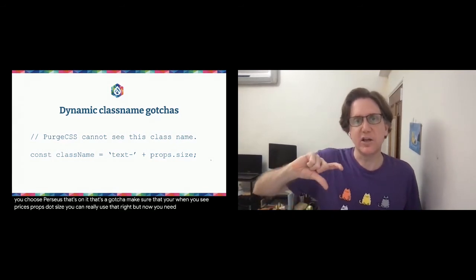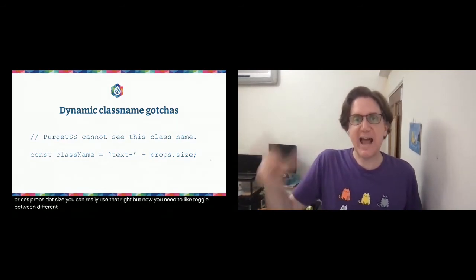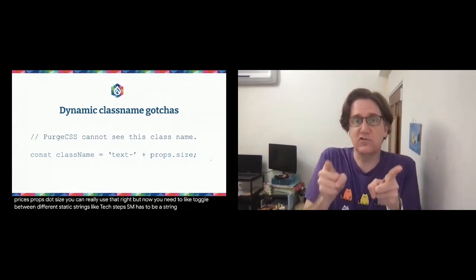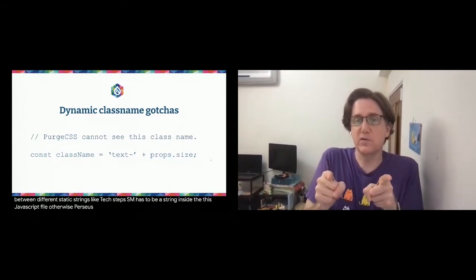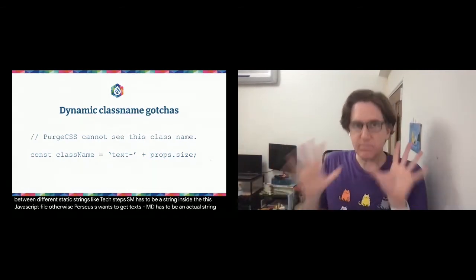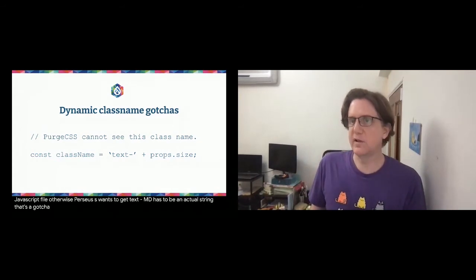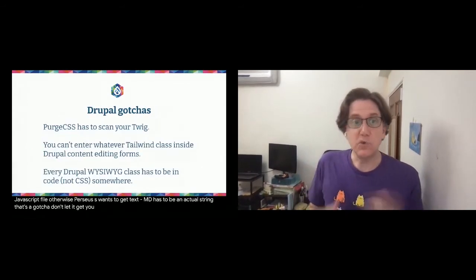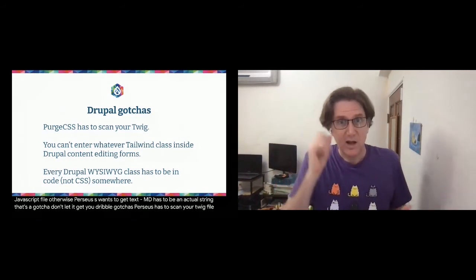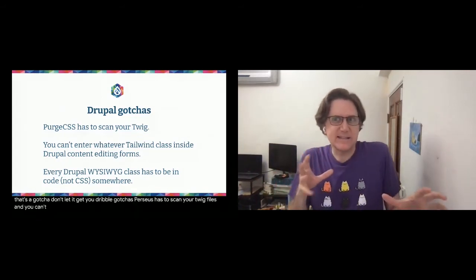But now you need to toggle between different static strings, like text-sm has to be a string inside this JavaScript file. Otherwise, purge CSS won't see it. Text-md has to be an actual string. That's a gotcha. Don't let it get you. Drupal gotchas. Purge CSS has to scan your twig files, and you can't let the